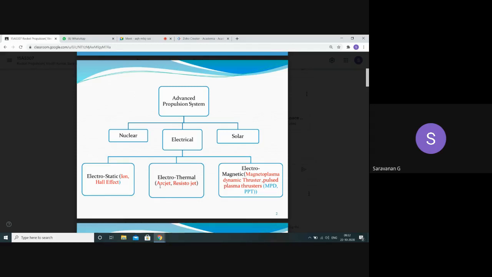Can anyone answer this question? What is meant by nuclear fission and what is meant by nuclear fusion? Nuclear fission is when an element with a higher atomic number splits into two different elements, giving out energy. Nuclear fusion is when two elements combine together and consume energy to form a higher atomic number element, and they are radioactive. Yeah, perfect. That's correct.